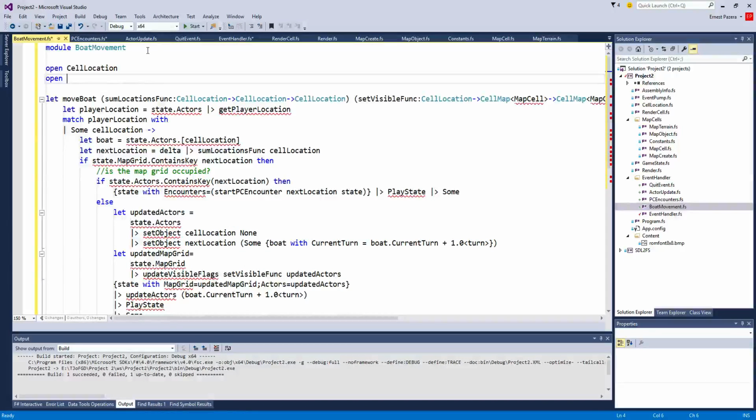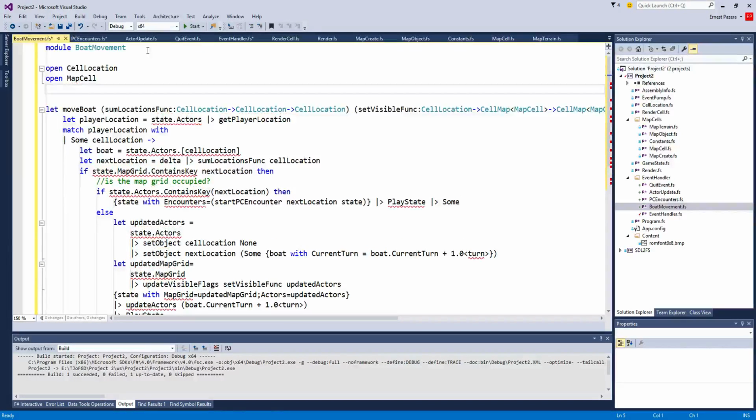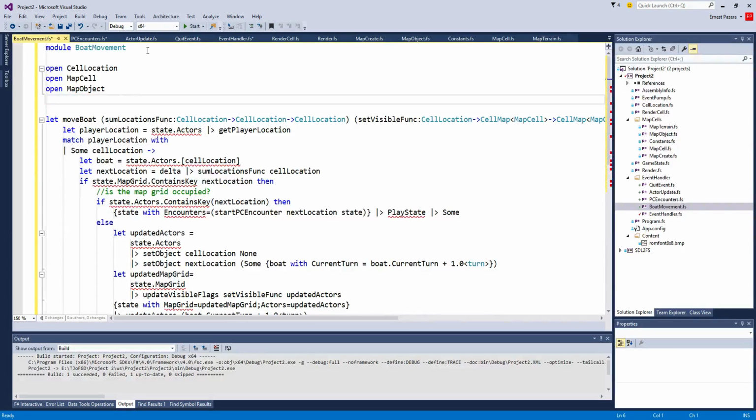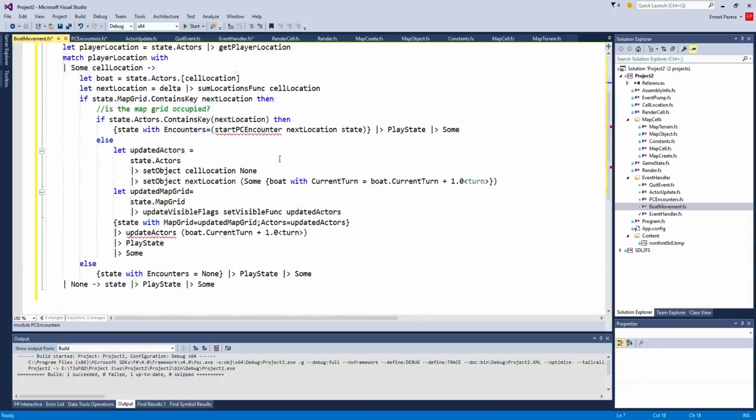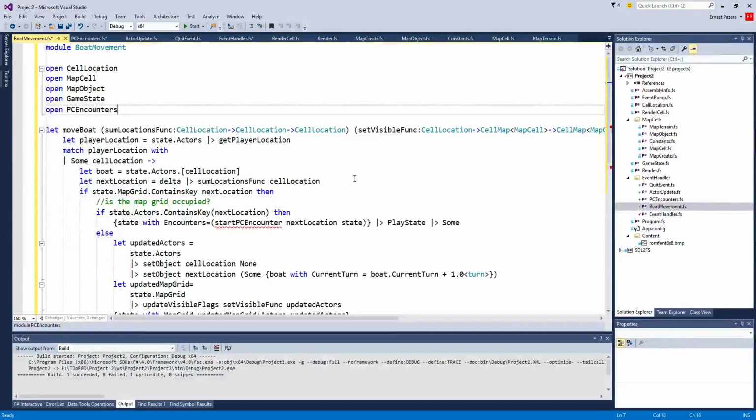Open map object or map cell. Open map object. Open game state. And we start PC encounter. So open PC encounters. And open